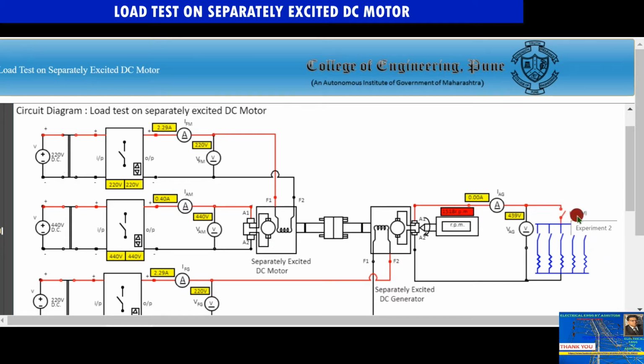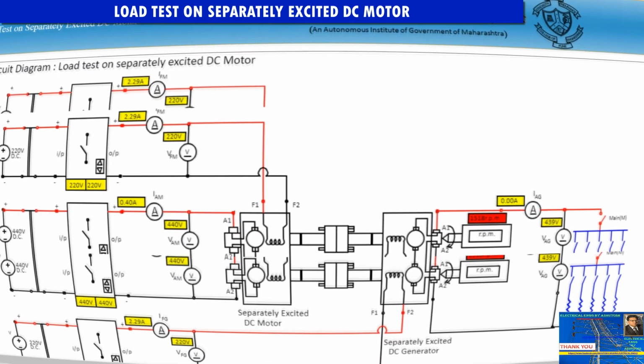You can see over here this is the mains and these are the different resistive loads connected across the generator's armature. So what happens guys, this is the electrical load connected across the armature of the generator and this is the generator. The shafts of motor and generator are mechanically coupled. So guys, we will see first the PowerPoint.